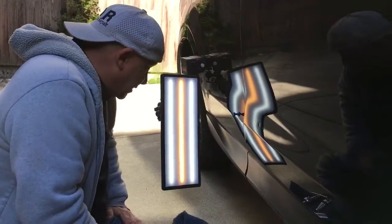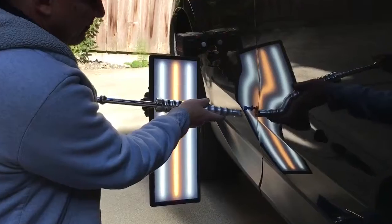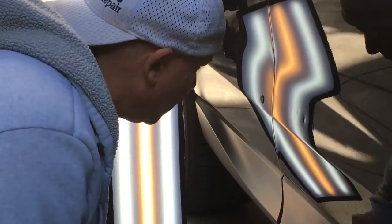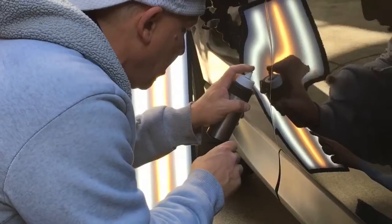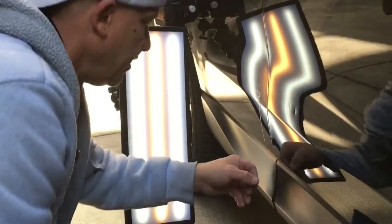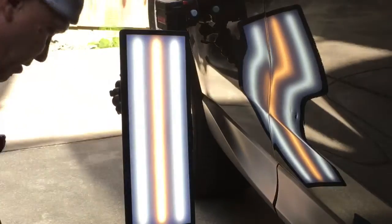Okay guys, I think this is going to be the last pull. Let's grab this slide hammer, just going back and forth using both of them. And, well, didn't make a real severe pull, but a lot of these dents have come out. We had 1, 2, 3, 4 little dents in this area. And I know you guys probably see the ones in the front of the door even more than the ones in the rear. But